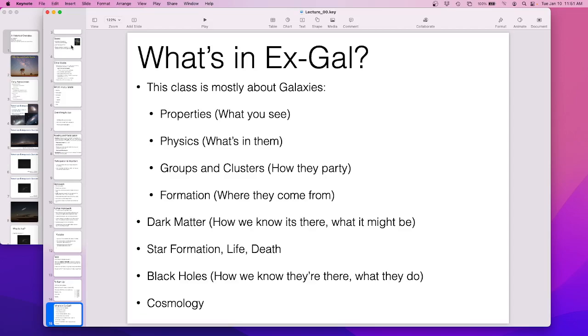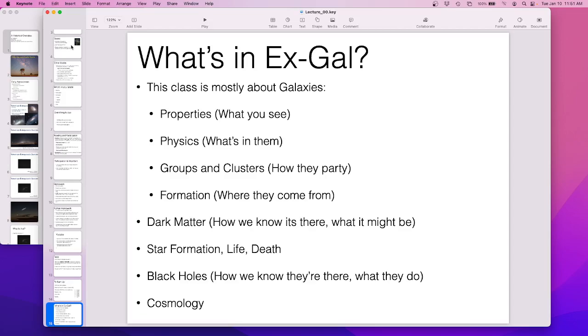So we'll talk about star formation, birth, and death. And we'll talk a lot about black holes. Not the general relativity of black holes. That really only matters when you're really close to the surface, and there are exactly 2 pictures of that, which there weren't before when I started teaching this. The Event Horizon Telescope has some really magnificent pictures of black holes. So we'll talk about how we know they're there and what they do. I'm not going to spend too much time on black hole formation or the details, because you need general relativity, and nobody here has general relativity yet, and that's okay.